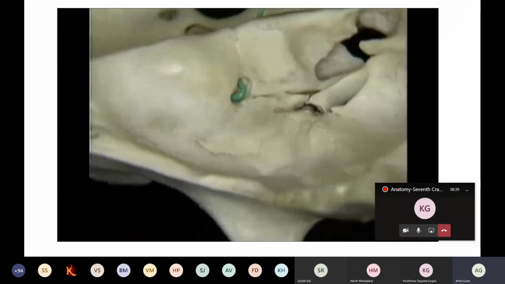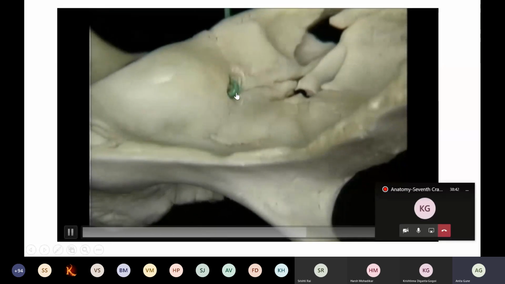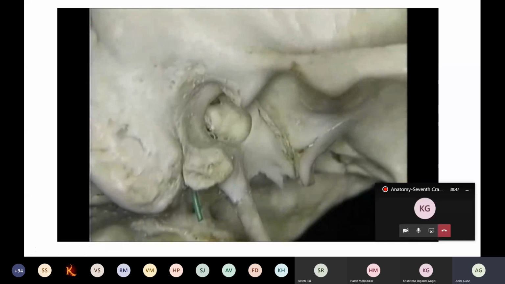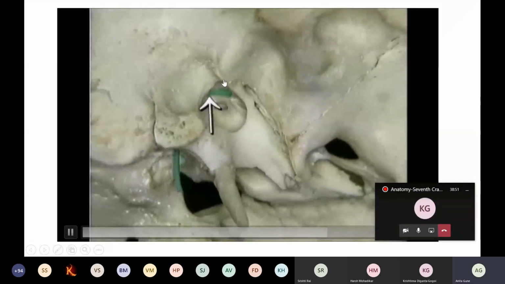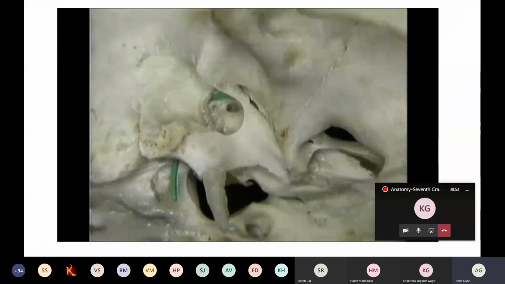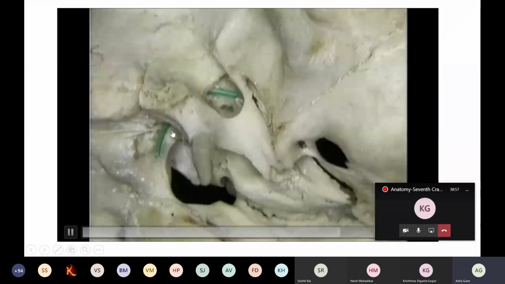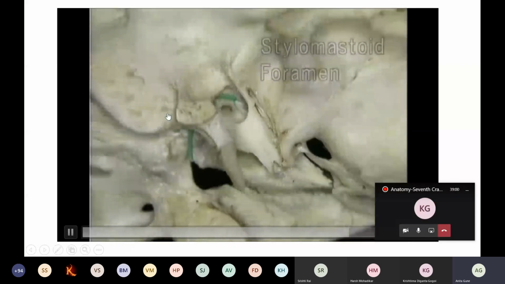From there, it is entering into the middle ear cavity, going from the anterior part of the middle ear cavity to the posterior end of the middle ear cavity related to the medial wall. So this is the horizontal part now, or the tympanic part. Again, then it will come into the vertical part, which is going through the mastoid process to come out of the stylomastoid foramen. So this is the intrapetrous course of the facial nerve.